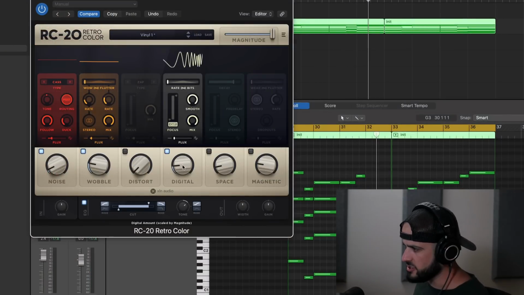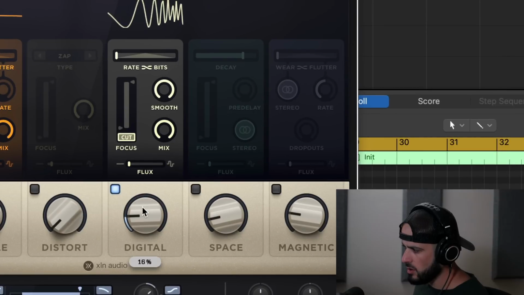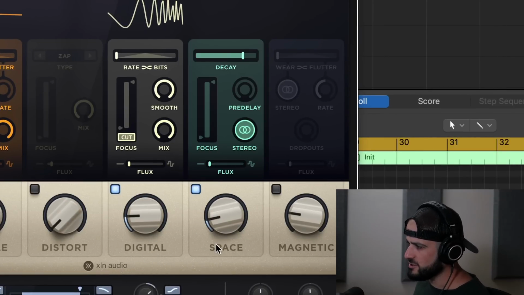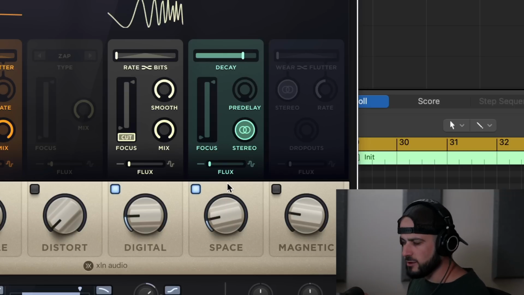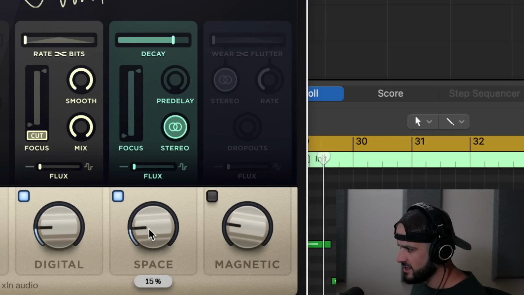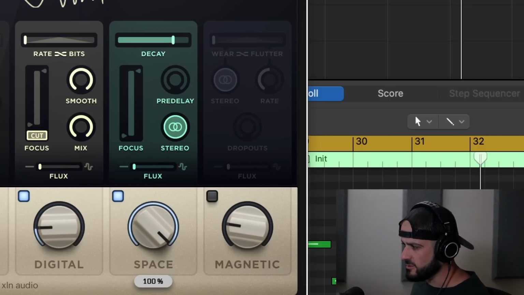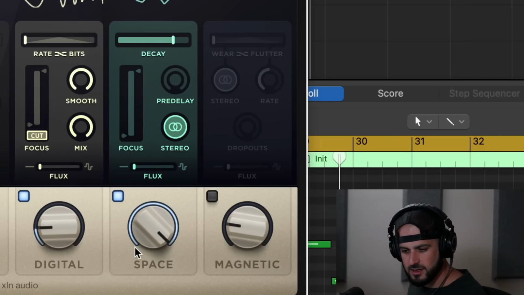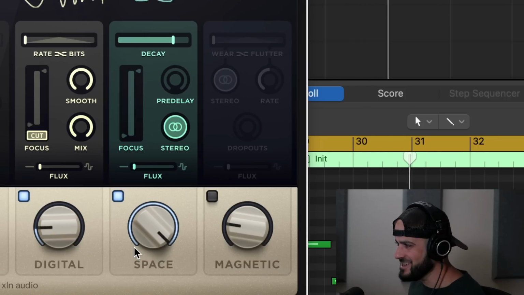And I'll go ahead to digital, add a little bit of dirt with this. Like that. Then my favorite module on RC20 is its reverb module. This reverb sounds so bad that it's actually really good. And you can even get dangerous and do something like this. Isn't that nuts? Like every reverb plugin in the world is clean and futuristic and magnificent, and this one's tinny